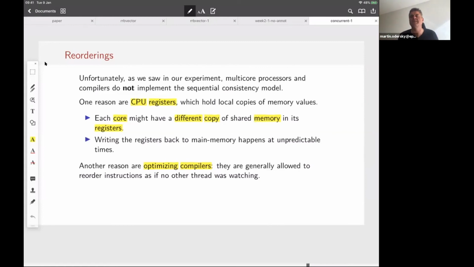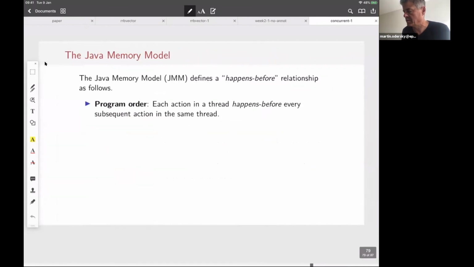Then there's much less that an optimizing compiler can do. So that's essentially the two things. One is the memory hierarchy, where things live in registers or L1 caches and haven't been flushed to main memory yet. And the other is optimizing compilers. Those are the two impediments for sequential consistency.